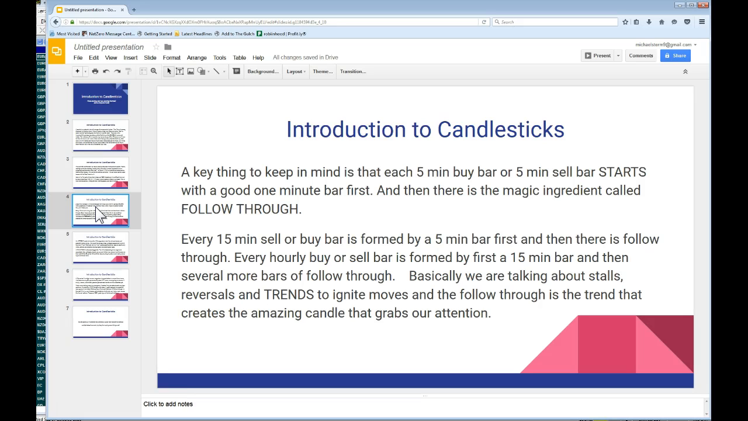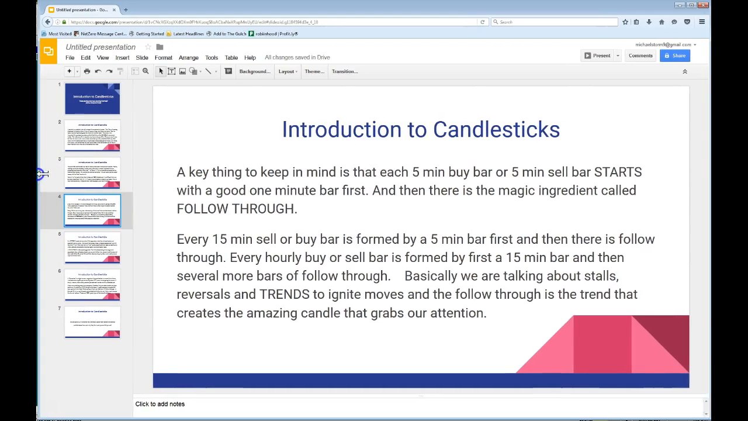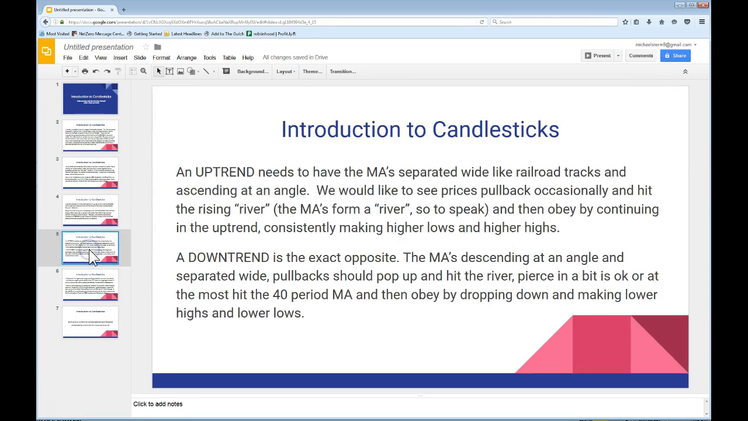And the follow-through is the trend that's creating this amazing candle that will grab our attention. And it doesn't just grab your attention, it grabs everybody's attention. I mean, everybody who's a good trader is basically looking for the same thing. Okay, so an uptrend